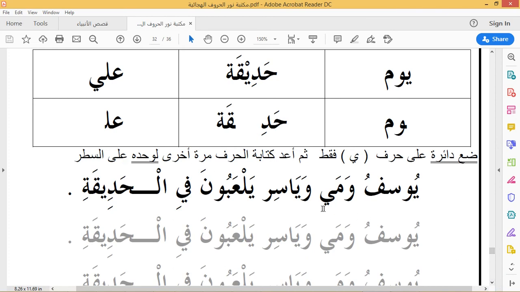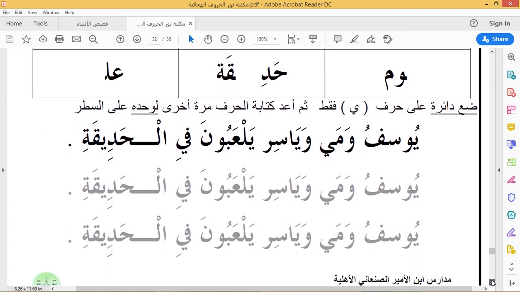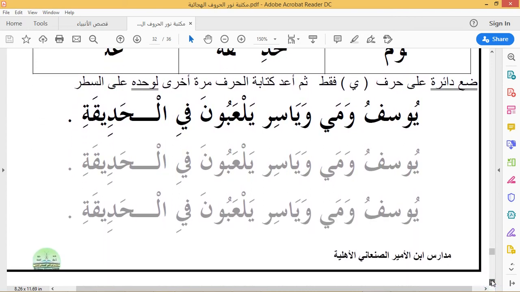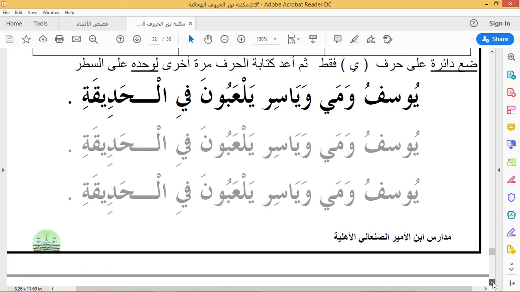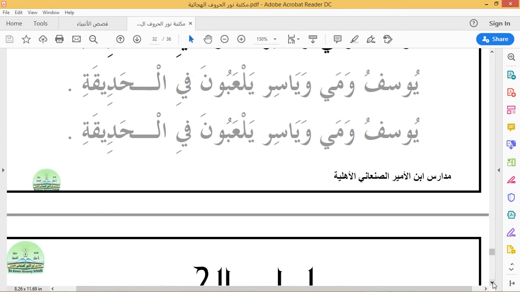Here you have to identify the ya by circling on top of it, making a circle on top of it, and also by bolding it out down on the lines below. So this activity we are familiar with going about it, so you do that. And